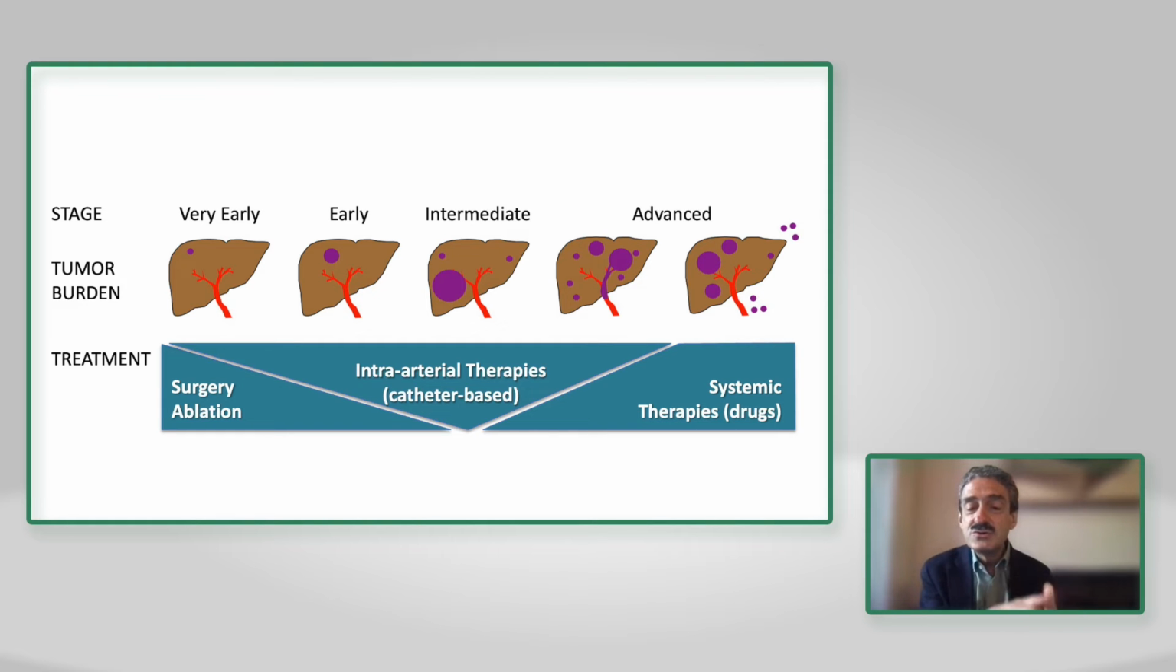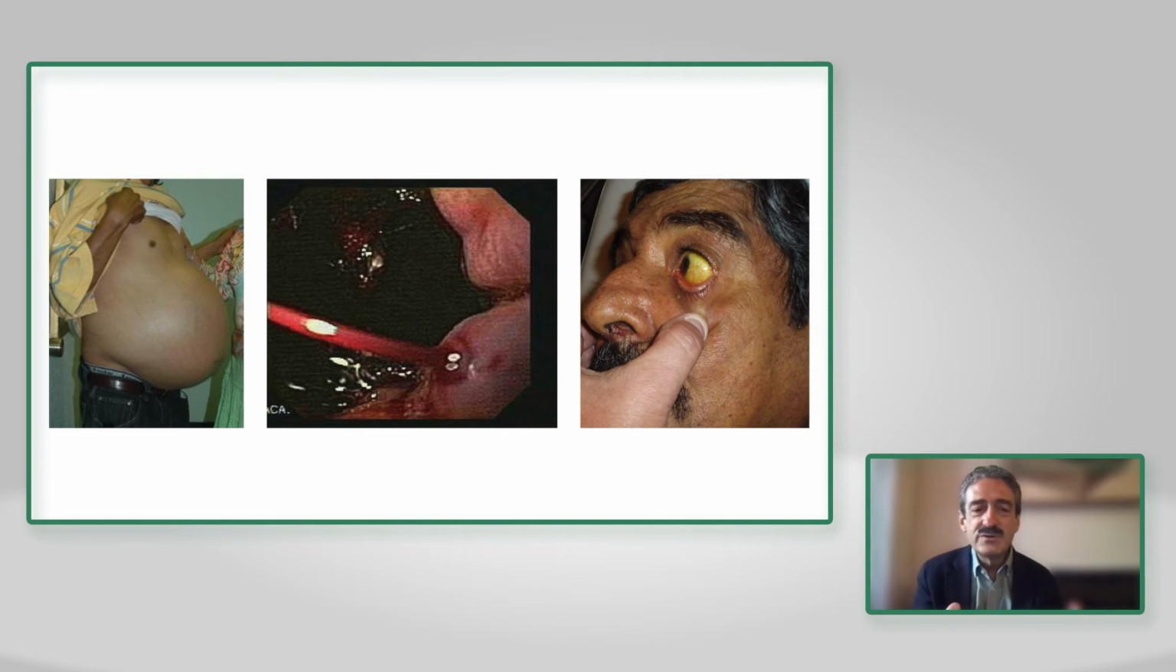advanced stage that includes patients with invasion of the vessels that go to or from the liver, or metastases outside the liver, that's BCLC-C. And then we have a final BCLC-D stage. And these are patients that, irrespective of the tumor burden, have decompensated liver disease with ascites,